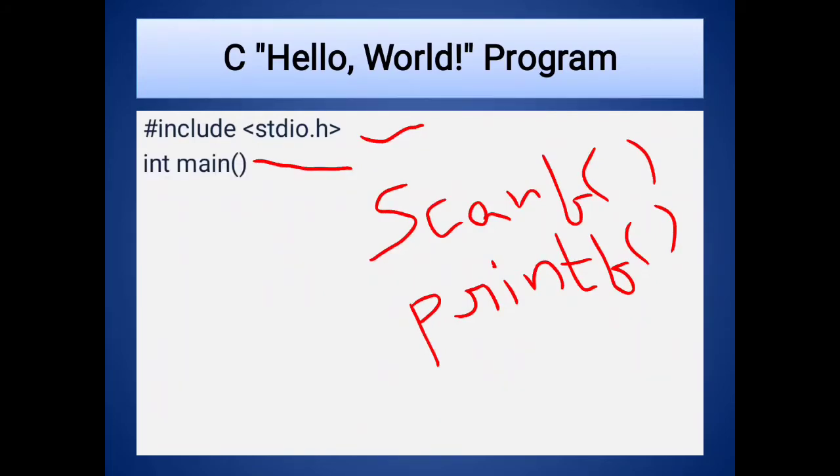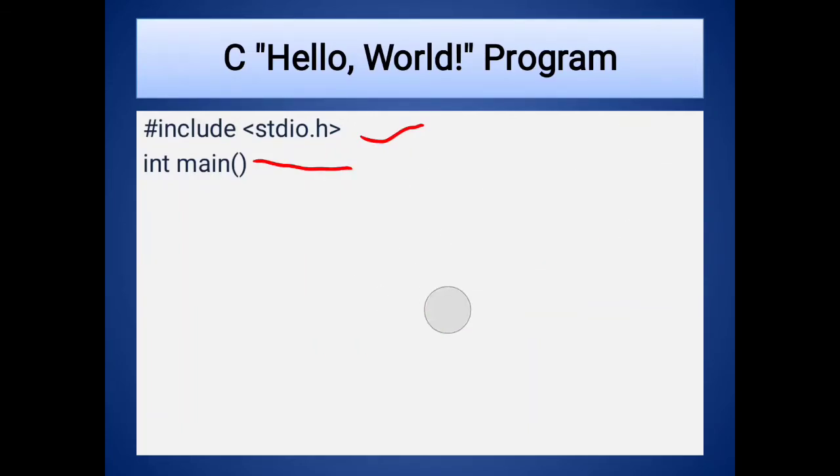The execution of a C program starts from the main function. printf is a library function to send formatted output to the screen. In this program printf displays Hello World. Here the main function starts, and the scope of the main function is represented with an opening curly brace. Here we write the printf function to display the Hello World text on the screen.